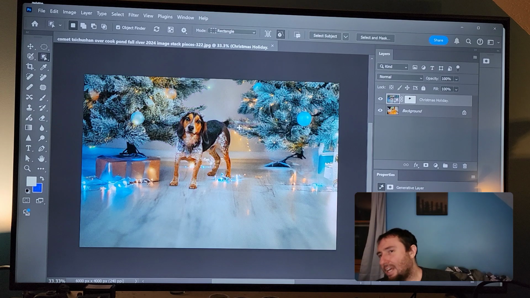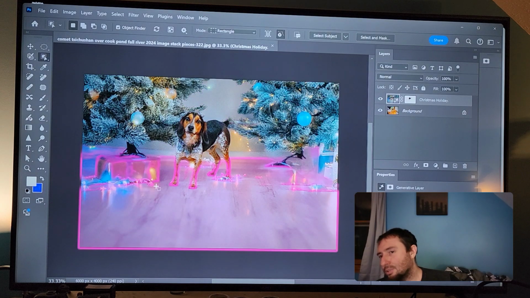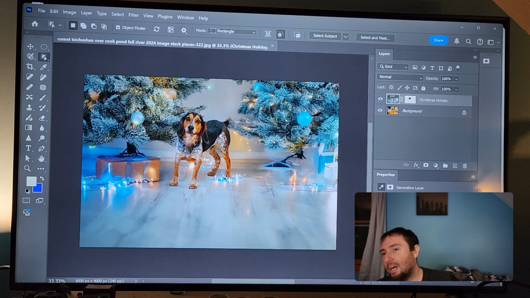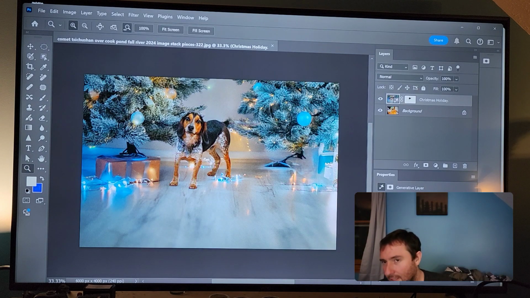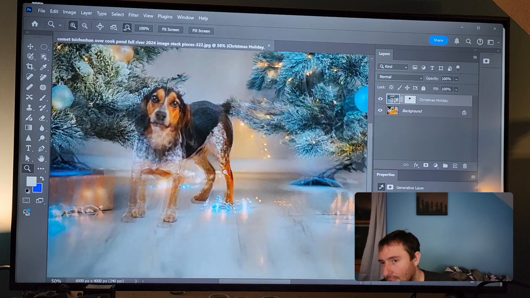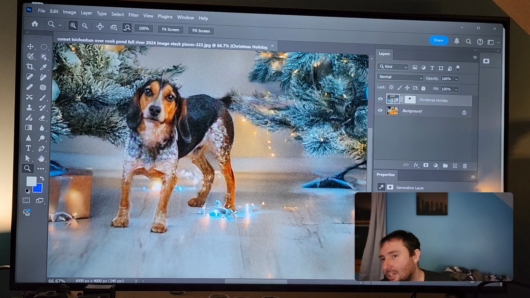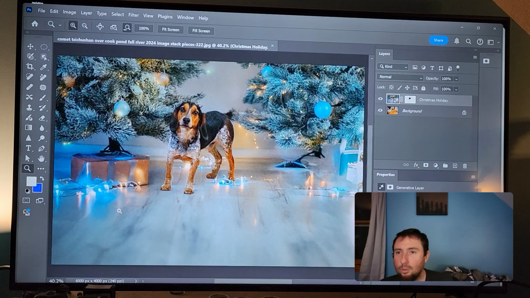Alright, so they faded the tail in behind that tree, which is cool. And they faded his foot behind this set of lights here, which is actually pretty neat too. We can zoom in and see how good of a job they did. Check that out. It looks like his foot is actually stuck in the lights like he normally would be because he gets into everything, which is hilarious. Okay, so go back to regular size screen.